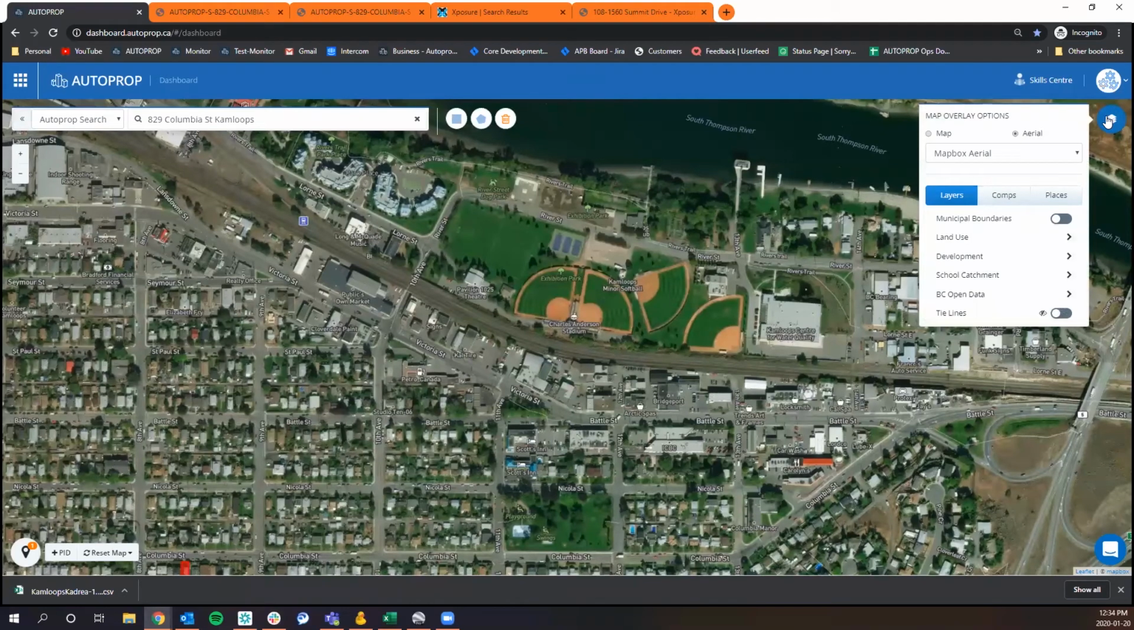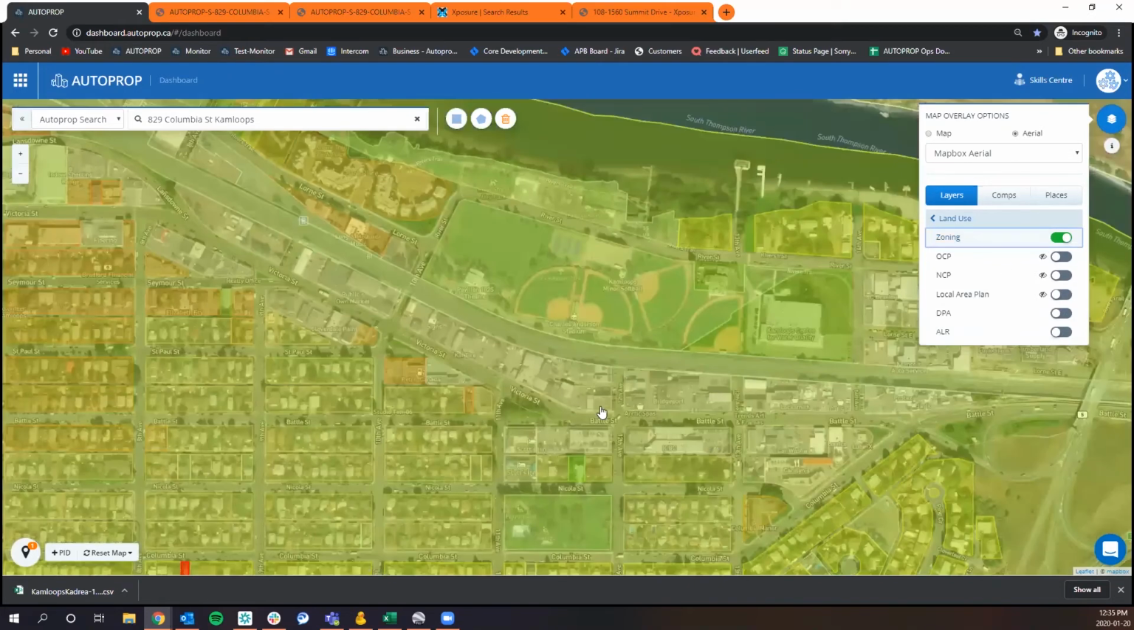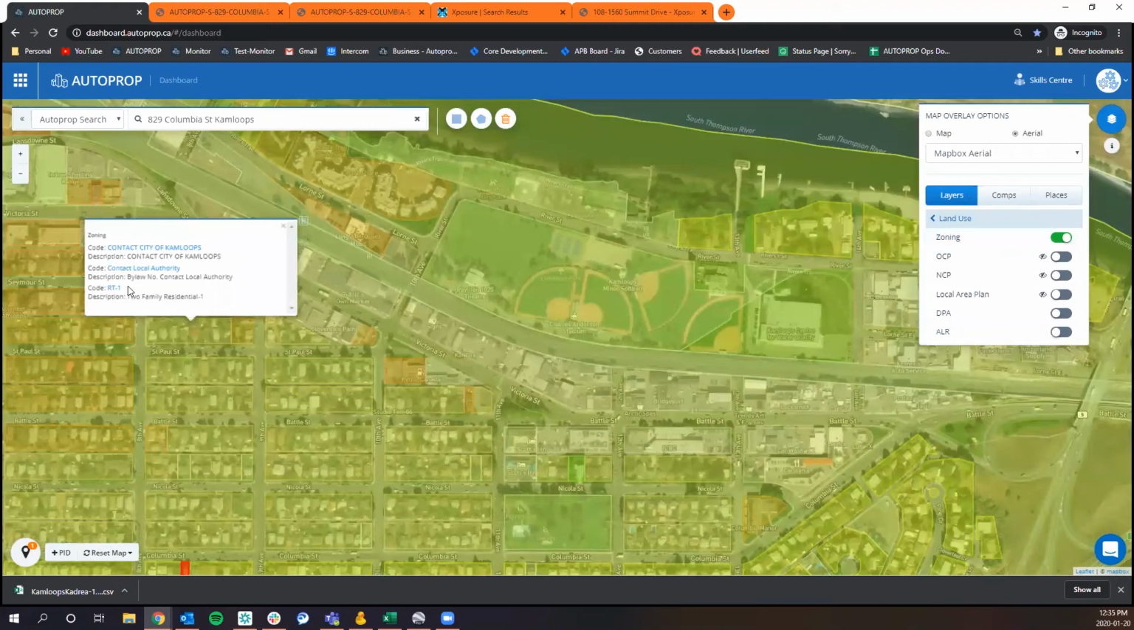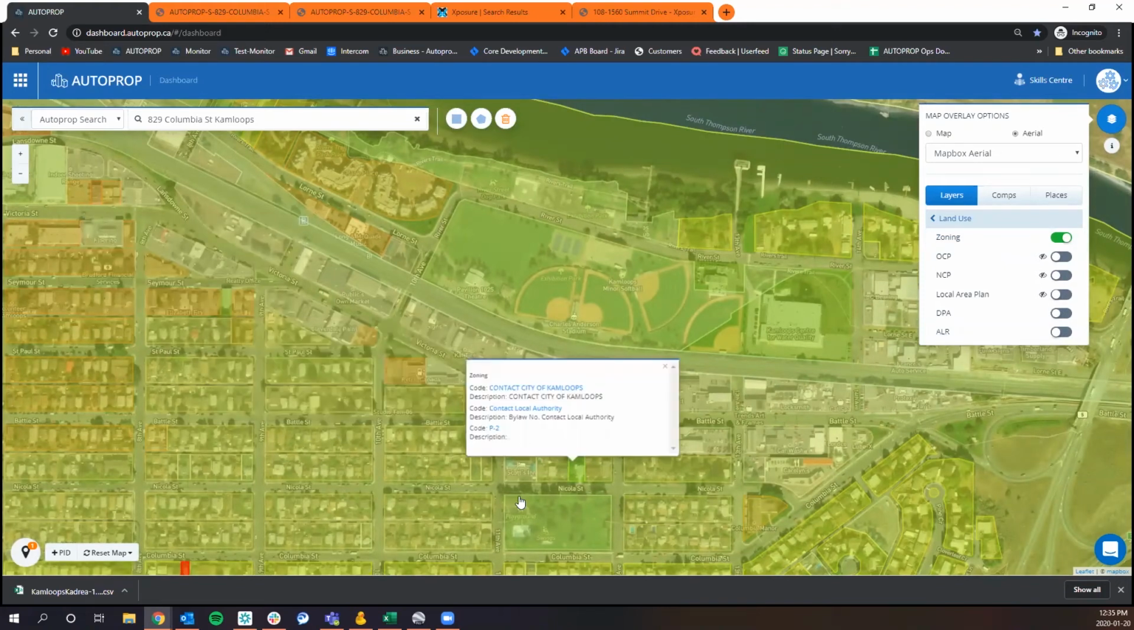So what we can find in our layers, for example, is land use. In Kamloops, we have zoning available. So just click on the zoning toggle and wait for the layer to load. And there we go. We can see different colors indicating different zoning. So this is C6. We have an RT1. This is all RT1. We have a P2 in there,